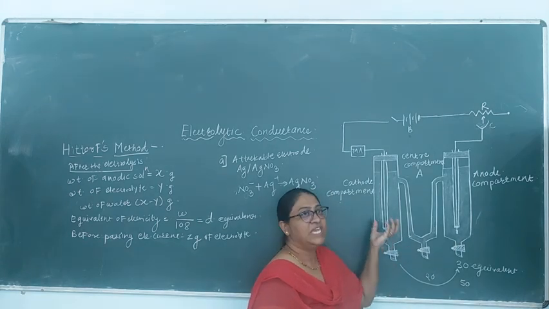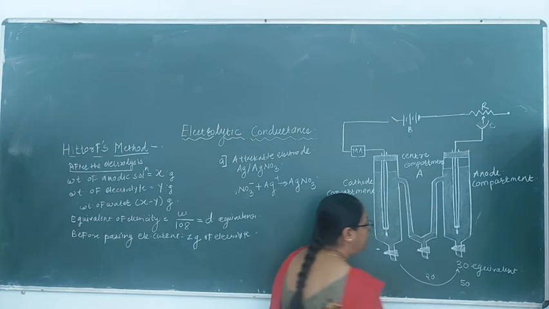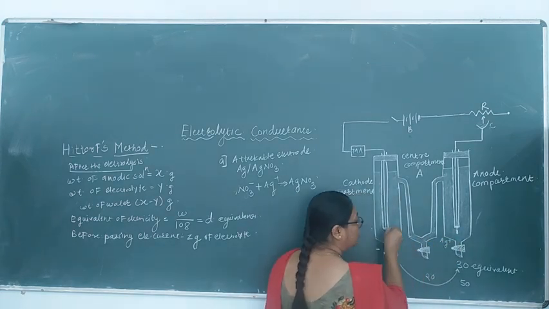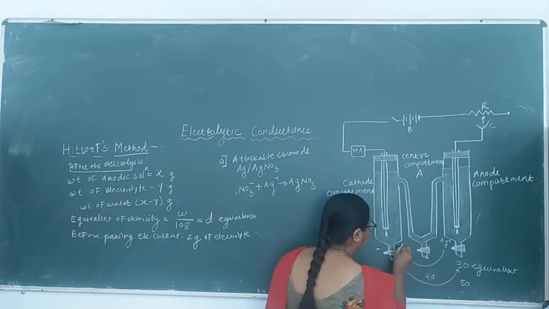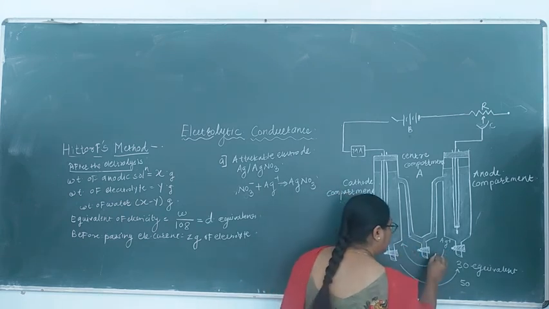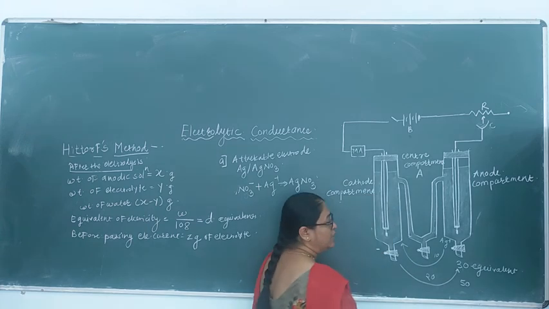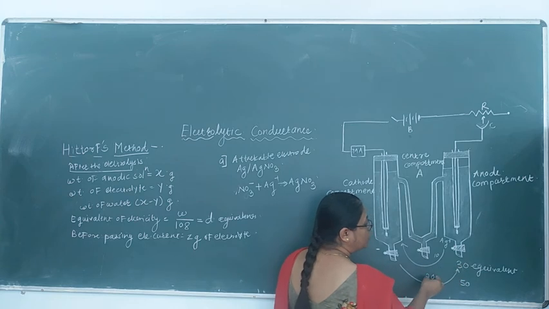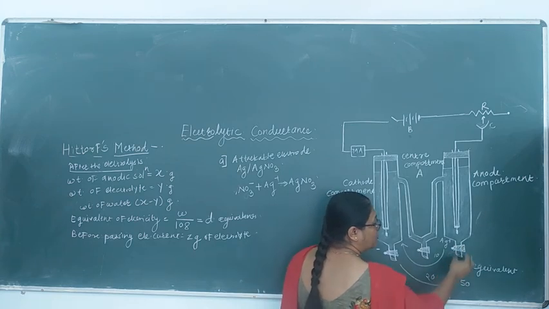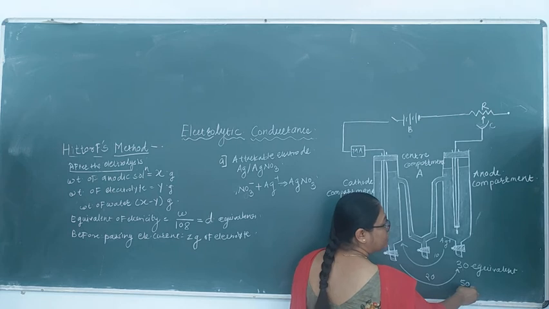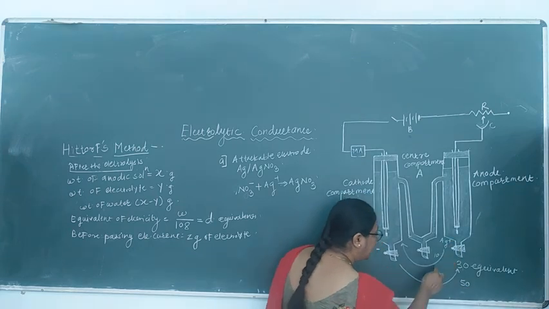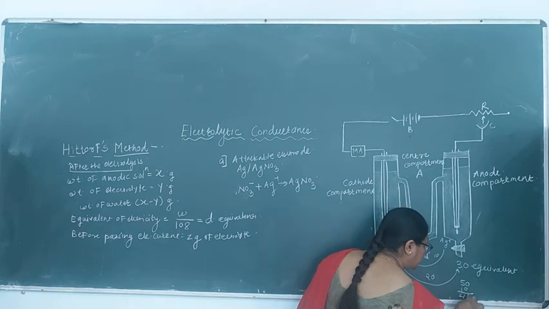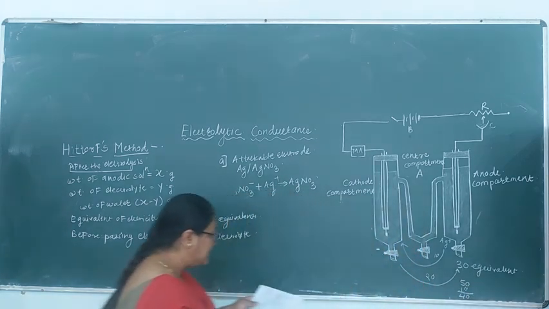So some of the equivalents of the silver will be, Ag plus ions will come to the center, from the center they will come here, that means some ions will migrate back here. So if I consider this is a 10 equivalent, initially here there were 30 equivalents of Ag plus, due to transport of 20 equivalents of NO3 minus from here to here, 20 equivalents of Ag+ increased again, but some Ag+ will also migrate back, so the total concentration will be 40. See therefore,